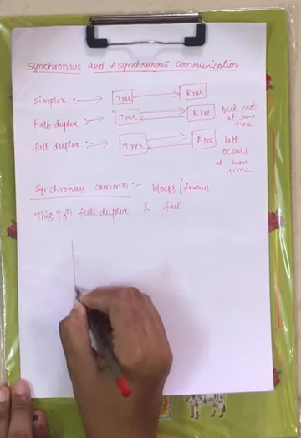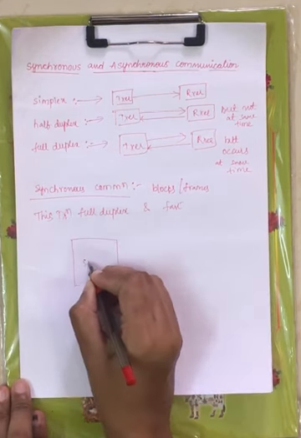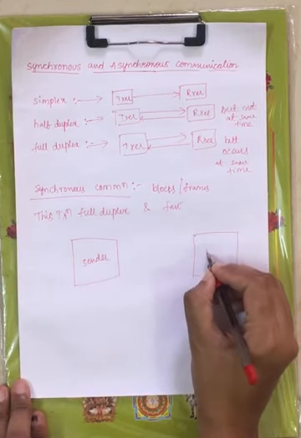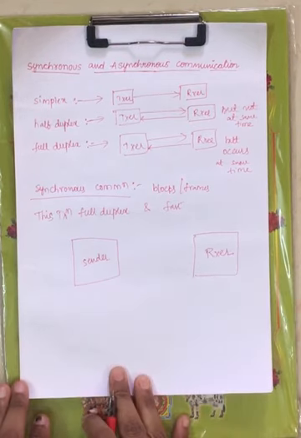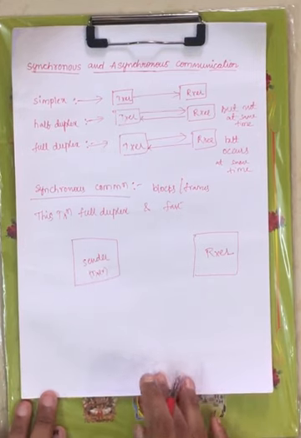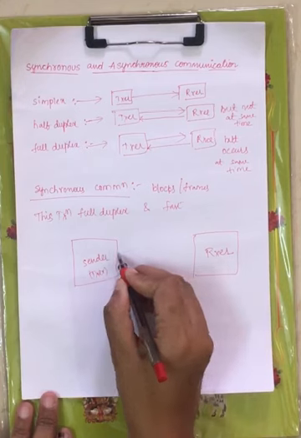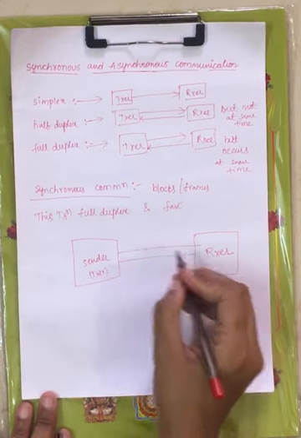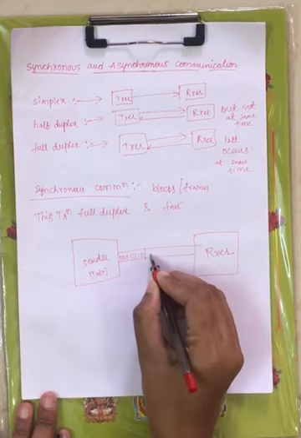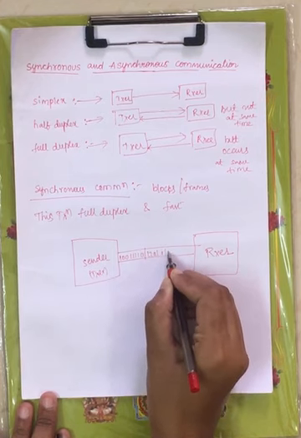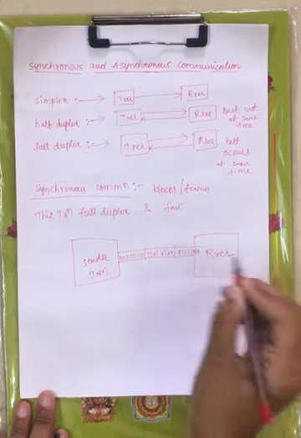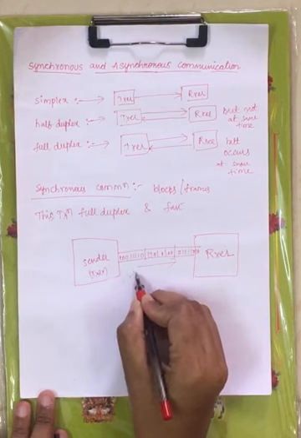Now let me draw its block diagram, then you will have a clear idea. This is the sender, nothing but the transmitter, and here you will have the receiver. The sender will transmit the data. The flow of data will be like this: 8-bit of data, 1001110, one frame, and the next frame, total 8-bit data, and next we have another 8-bit data. This is the flow of data.